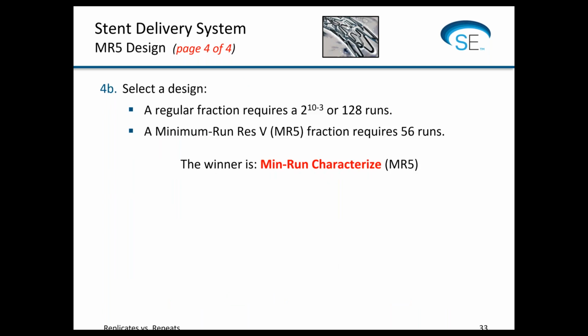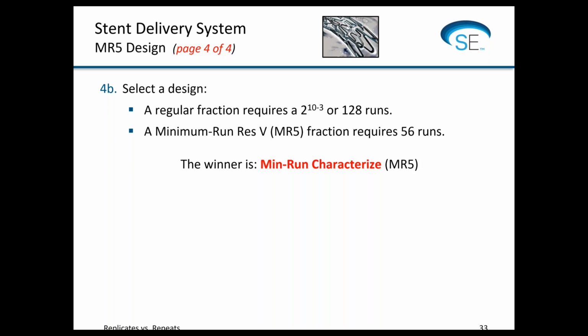So that required some changes. Then they get to selecting a design and they say, well, if I want to run a regular fraction of a 2 to the k minus p, a fractional two-level factorial, for resolution 5, that's going to require 128 runs. Well, setting up to produce these